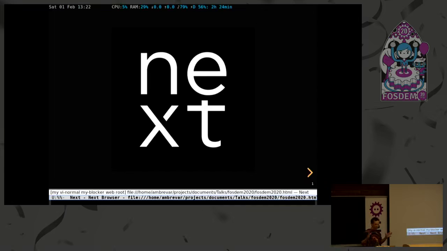The key design decisions that we've taken here are, one, to decouple the browser from the web renderer. That means that we support WebKit and WebEngine, which is more or less blank Chrome. And on the other hand, we also try hard to make it extremely configurable, because I'm a geek and I like to configure my browser to the very core, and to have full control over my browser. So how do we do that?